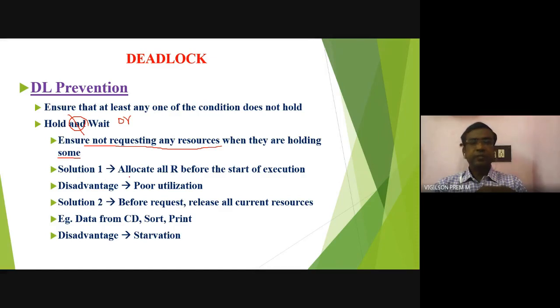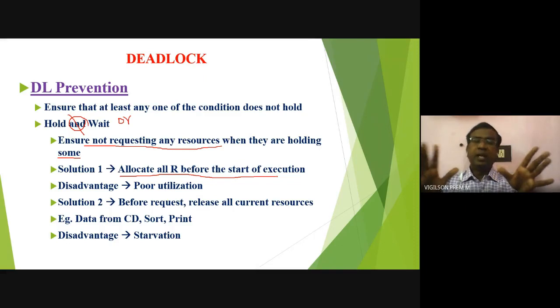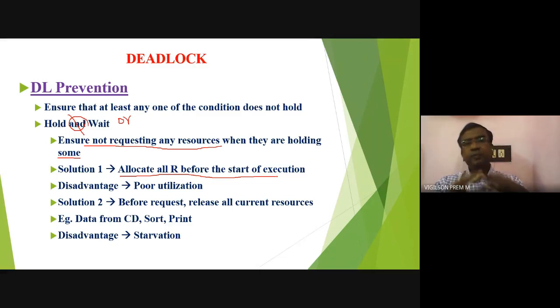Solution. First solution is allocate all resources before the start of execution. Okay. Process P1 requires 5 resources to complete its job. What are we doing? We check whether all 5 resources are free or not. If they are free, allocate all the 5 resources to the process in the beginning itself. That is, before the start of execution, allocate all the 5 resources to process P1. So what condition will not occur? Wait condition will not occur